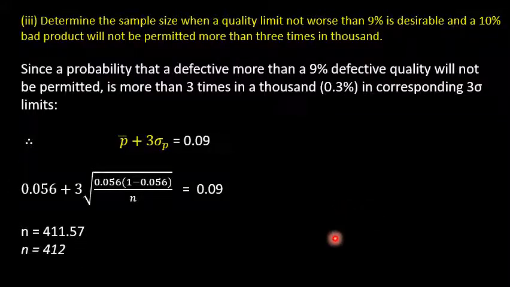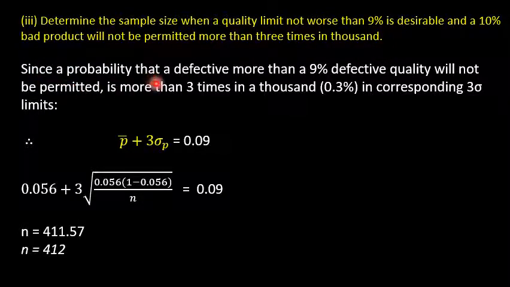So the third part of the question is like that: determine the sample size. We have to determine the sample size when a quality limit not worse than 9% is desirable, and a 10% bad product will not be permitted more than 3 times in 1000. So now the solution: